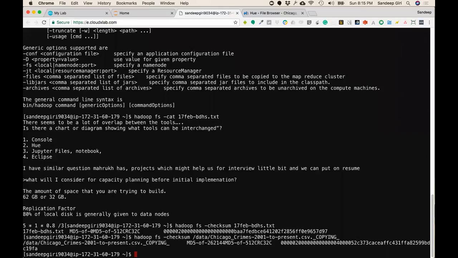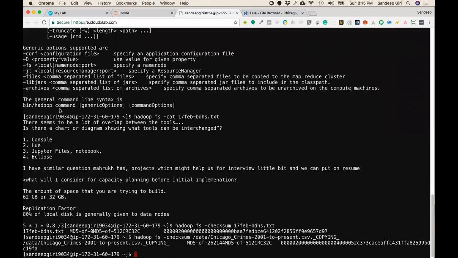Can we use the cat command to see the content? If we mount HDFS locally, then we can use the normal cat command. Otherwise, you can use Hadoop FS cat. Okay, it provides us the cat command and append to file and so on. All right,